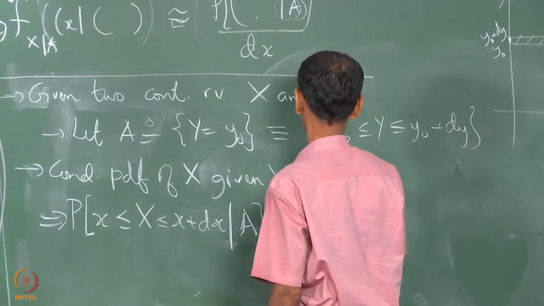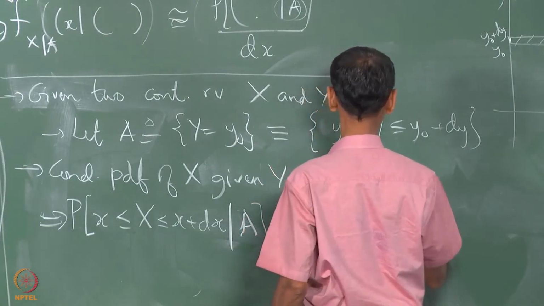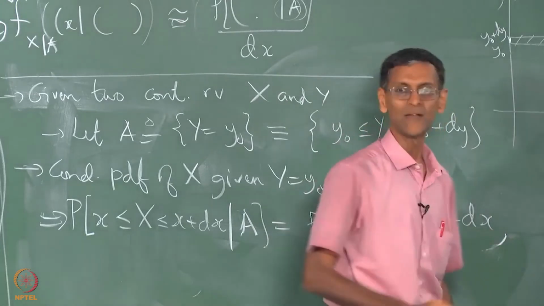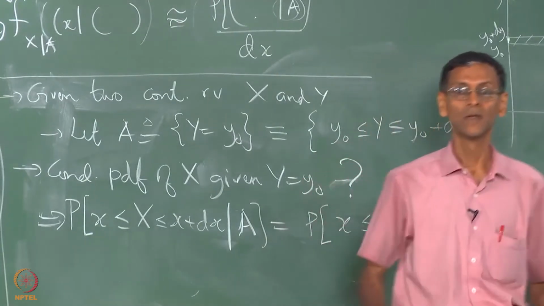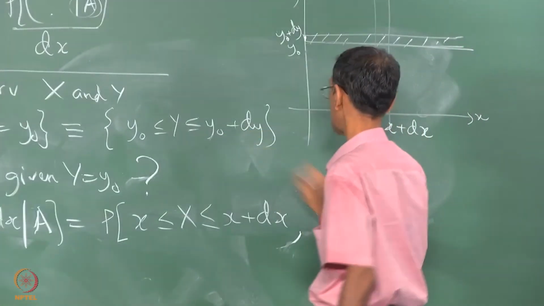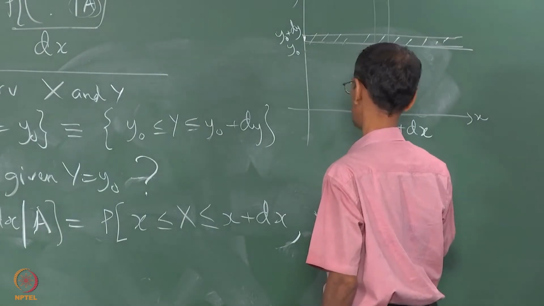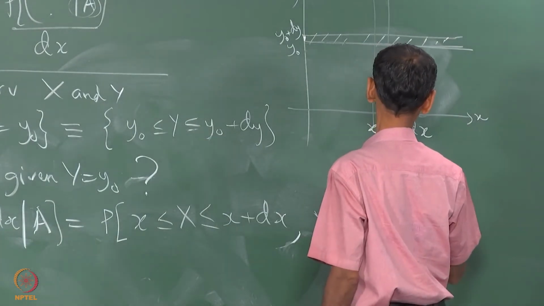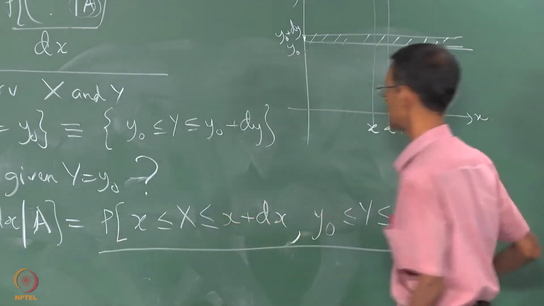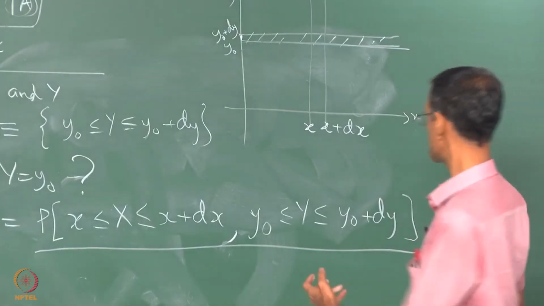So we have to write this as the probability of B comma A. But now I will expand A. I expand it like this, y naught less than y less than y naught plus dy, divided by the probability of A, which is